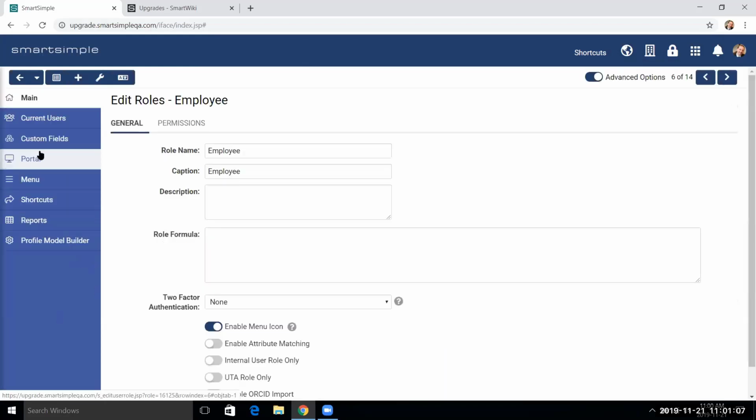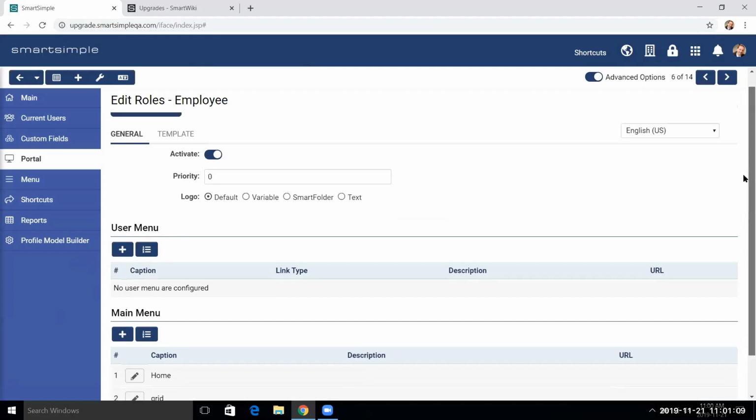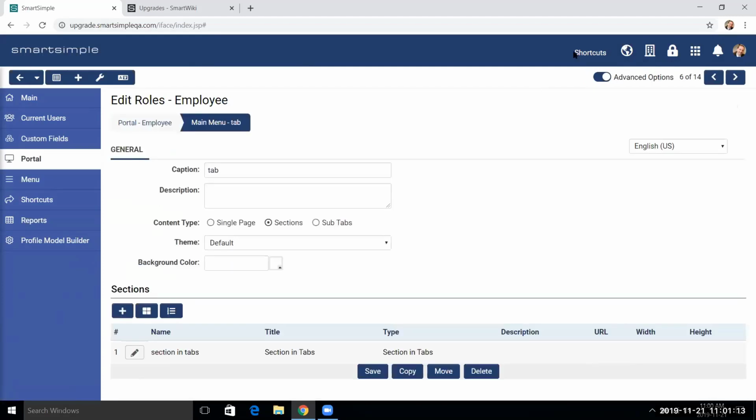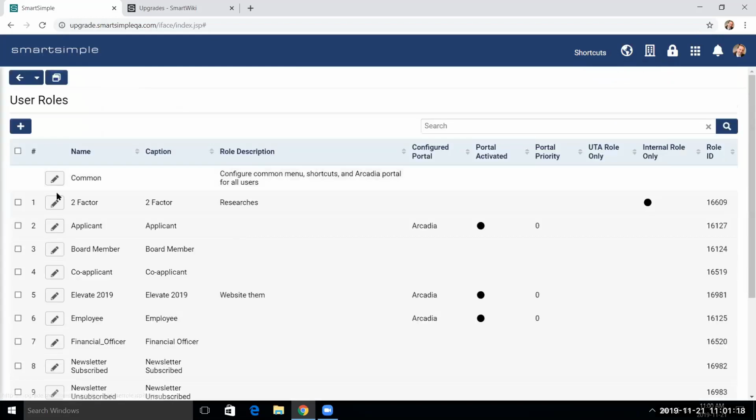Okay, and I'm going to go to the portal, my portal builder, and I think I had a search on this one. Oh, actually it was on my applicant. Sorry, my bad. Let me go back. I'm going to go to my applicant role,